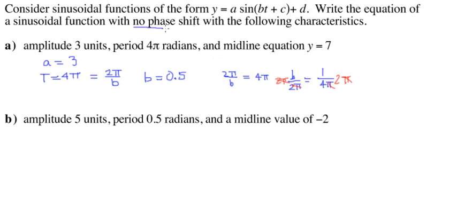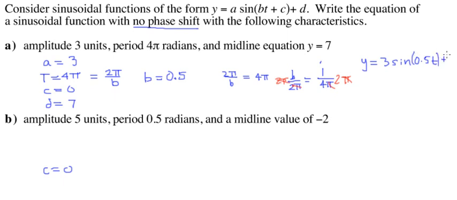They said there is no phase shift. For all of these, that will mean c equals 0. C is the phase shift number. And d is the location of our midline, which they say is y equals 7. That means our d value is 7. So this wave has got to be y equals 3 sine 0.5 t